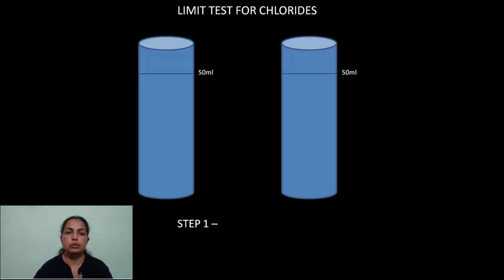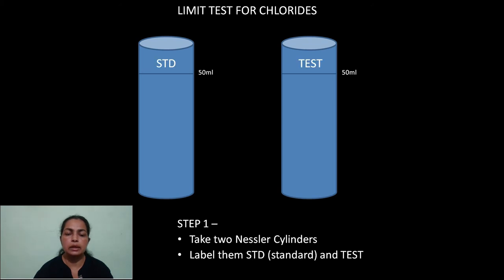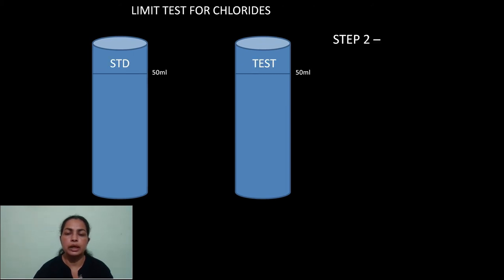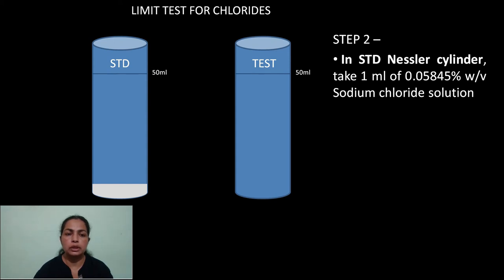So when we come towards the procedure involved for this limit test, in step 1 we have to take two Nessler cylinders and label them as standard and test. In step 2 we will be adding the standard solution in the standard Nessler cylinder. We will be taking 1 ml of